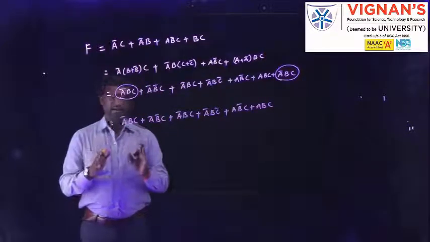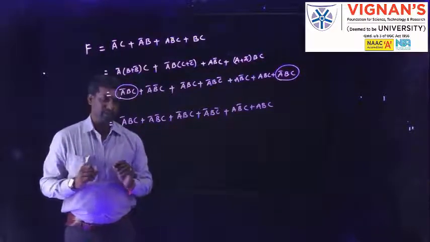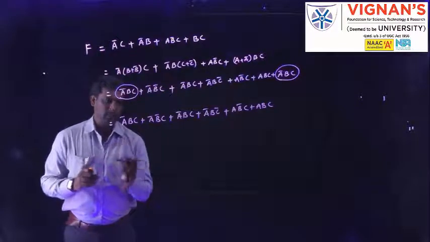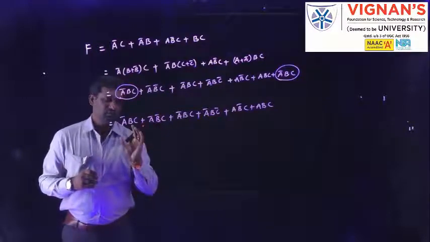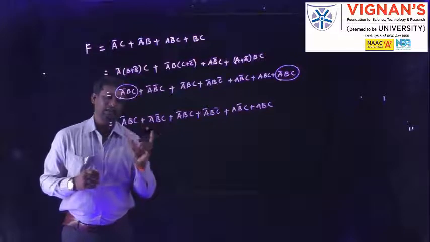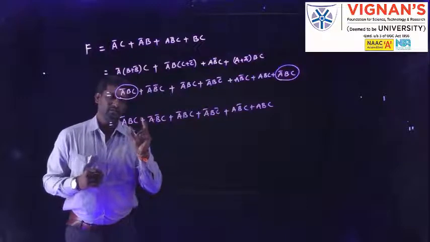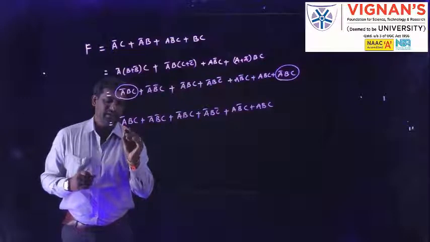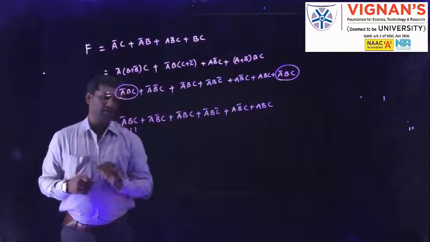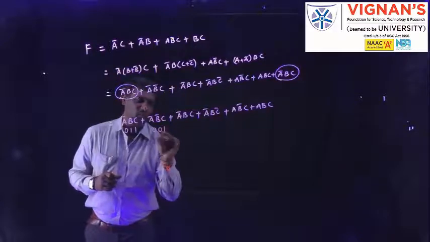So I am representing this with the function form. For that one, we have already seen how to make it as a function form. It is the SOP representation. If the variable is in complemented form, then its equivalent value is 0. If the variable is in direct form, then we have to consider 1 as its equivalent. So here, a bar b c is nothing but 0, 1, 1. And similarly, a bar bc is nothing but 0, 0, 1.